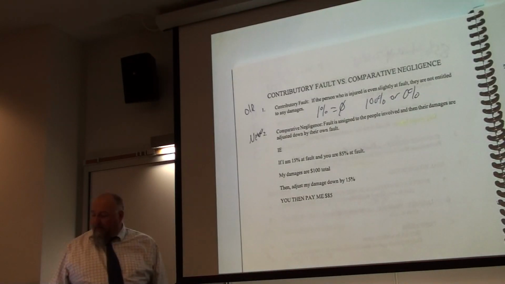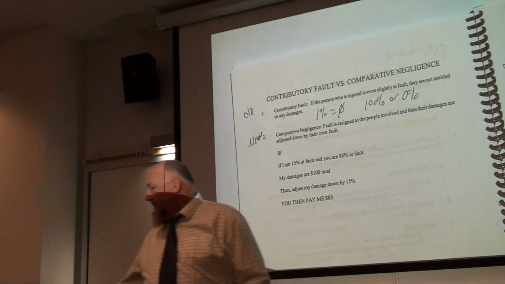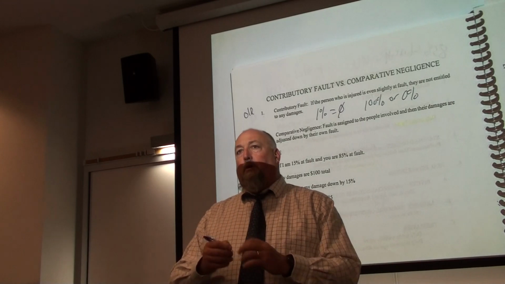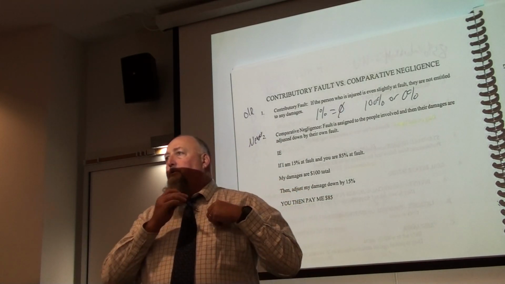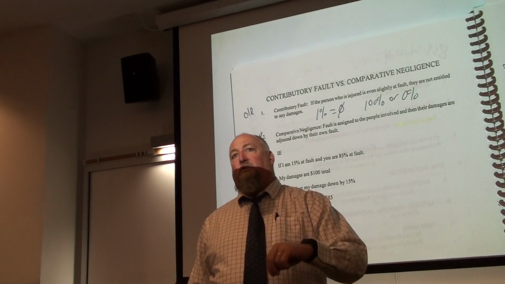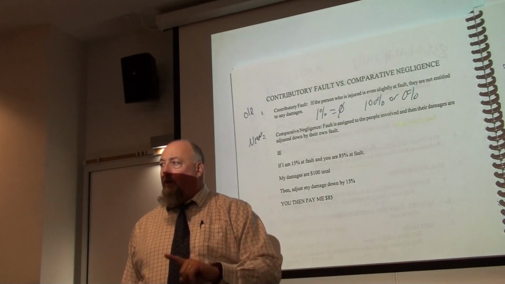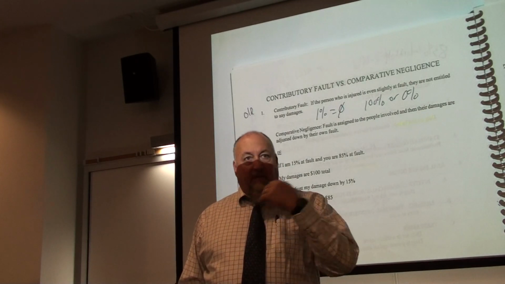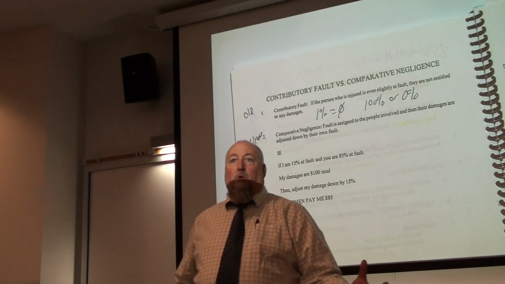So that leads us to these two different rules. And I put over here old rule, new rule, so to speak. The old rule, and this goes back to Old English common law once again, was basically the idea that if you can show that the person that is hurt was even 1% at fault for their own injury or level of injury, then they couldn't sue at all. They got nothing, no matter what. And so even though